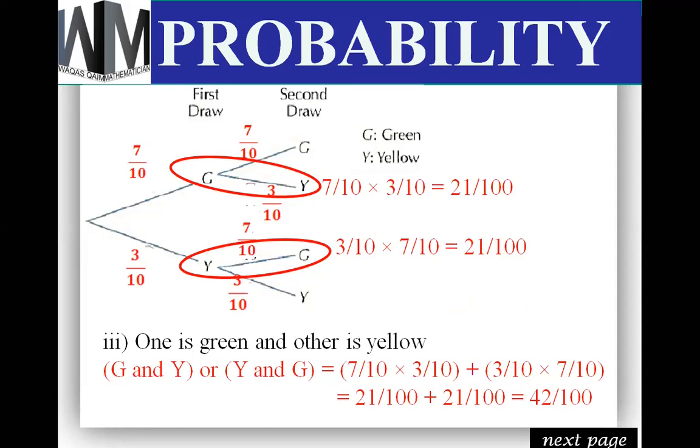Okay, now whenever we have this type of combination, we multiply. This type of combination is when we go in this way. When we go horizontally in this way, we multiply. So here in green and yellow, we are multiplying the probabilities of green and yellow. So here in yellow and green, we are multiplying the probabilities of yellow and green, right? So when we go horizontally, we multiply in the tree diagram.